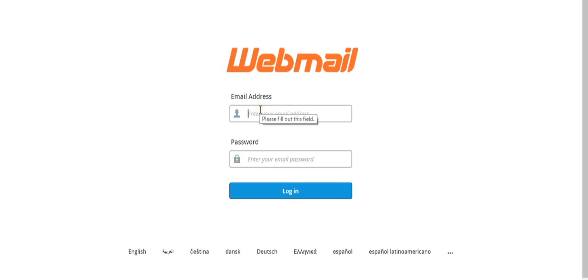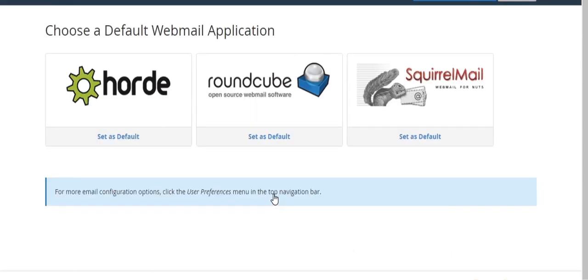Once it's loaded, you will type in your username and password for the .com, and I think it's okay. Now when you're in this section, you can access any of these mail clients to access your mail, but